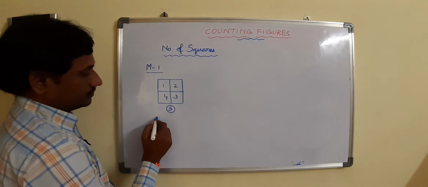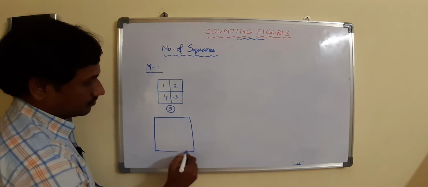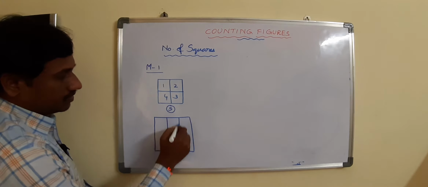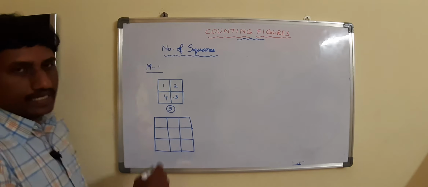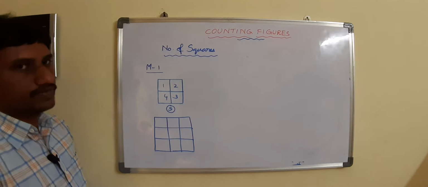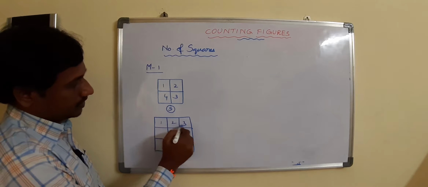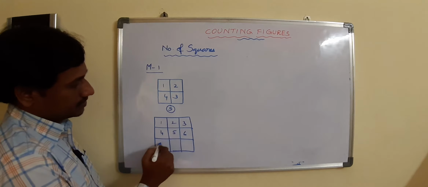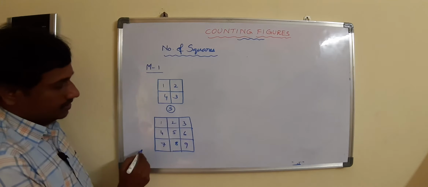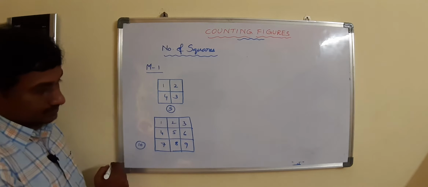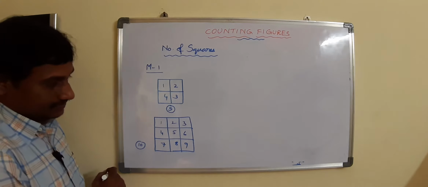For example, here I took another square and divided it into 9 equal squares like this. Then total number of squares. Suppose if we count here 1, 2, 3, 4, 5, 6, 7, 8, 9. Total 9 and this big one is 10. That means only 10 we are having. 10. Is there anything extra? Just observe.